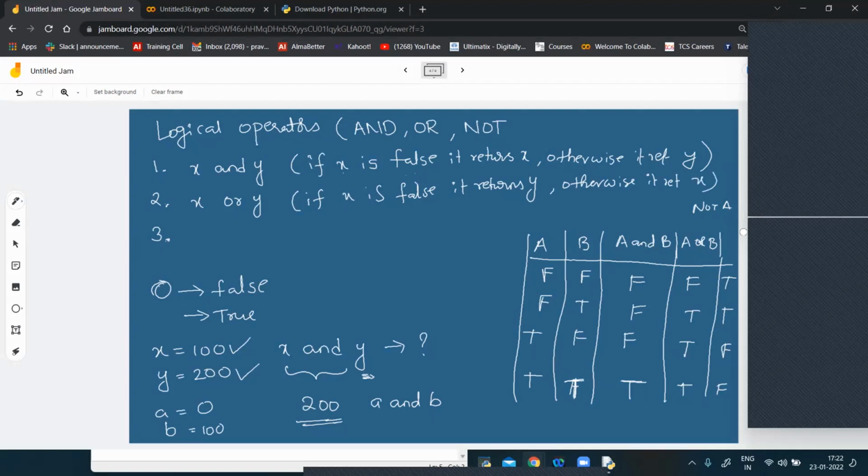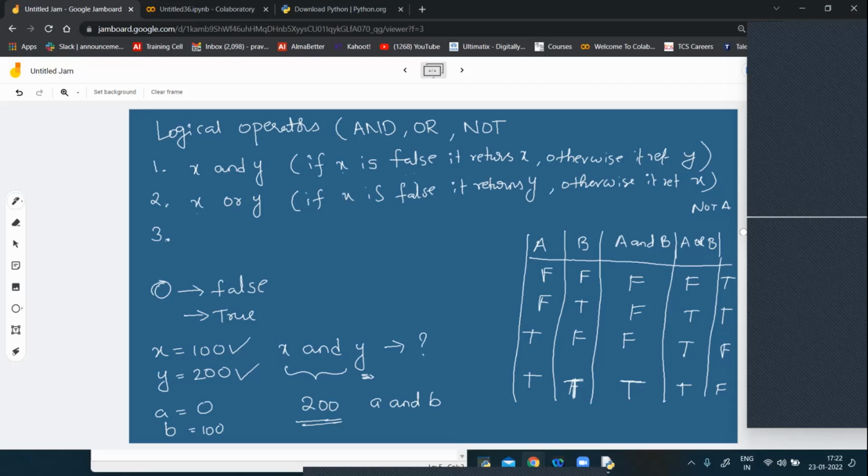In the AND case it returns x, whereas in the OR case it returns y. Is that clear, guys? Now tell me